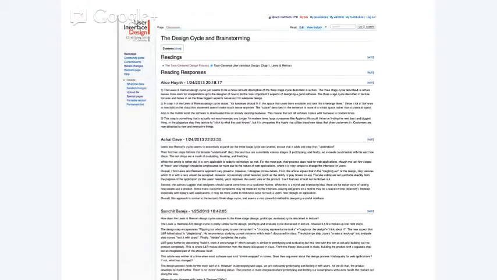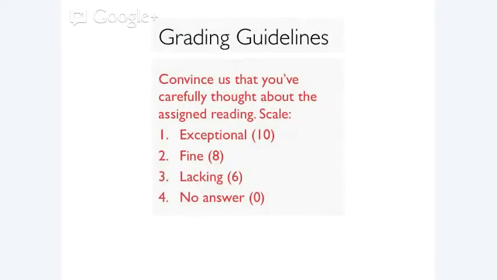All right, other questions about the reading responses? Yes, last row. How are they going to be graded? Is it based on completion or based on the quality of your response? Funny you should ask that. So the main point of the reading responses is for you to convince us that you've carefully thought about the assigned reading. And so basically we have this scale,